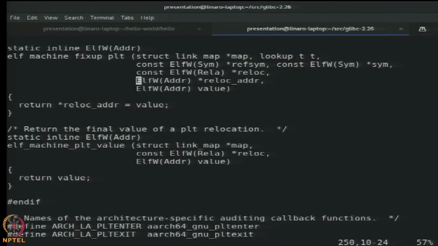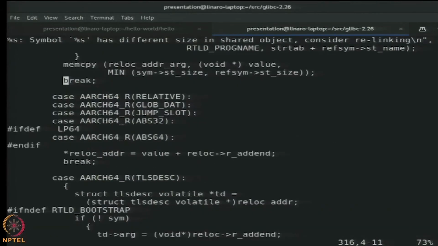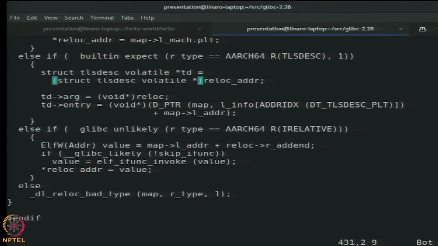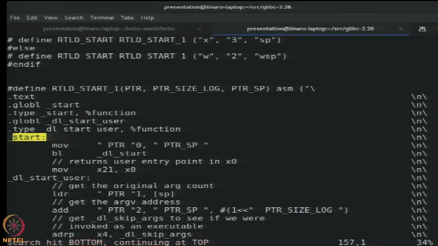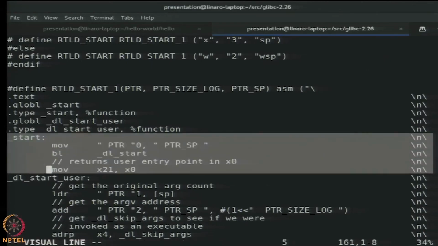Right. Now remember that 4-line underscore start that we did? This is not very different. So, this is your start. It is actually only this much, and then it calls something, then DL start user comes in again, and essentially what happens is that the